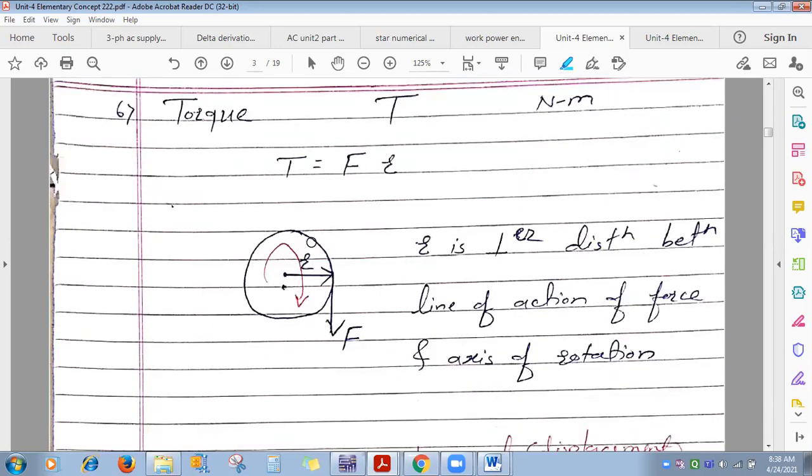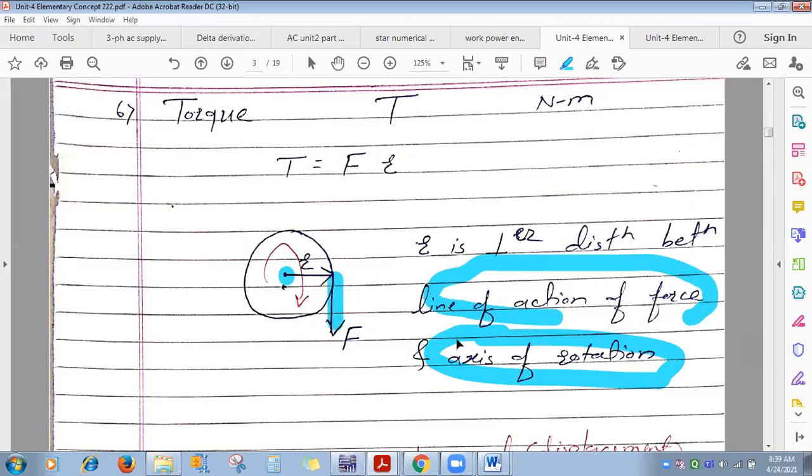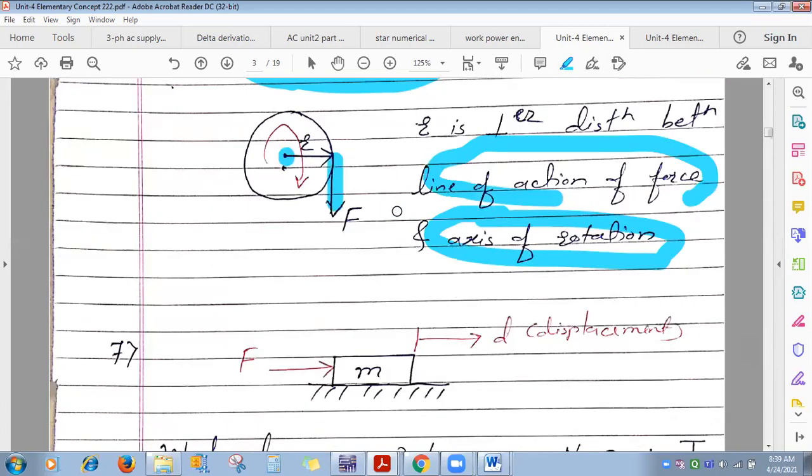Torque. See, suppose this is a pulley of radius r. Whenever you apply some force to it, it starts rotating, consider in clockwise direction. What is this perpendicular distance r? It is the distance between the line of action of force F and the axis about which it rotates. Consider a perpendicular line passing through this origin; that will be the axis of rotation, isn't it? And the line of action of force is this one. So r is the perpendicular distance between them. So torque is force into that radius. Force is in Newton, radius is in meter, so torque is Newton meter.